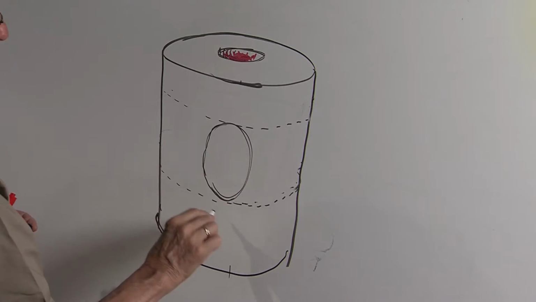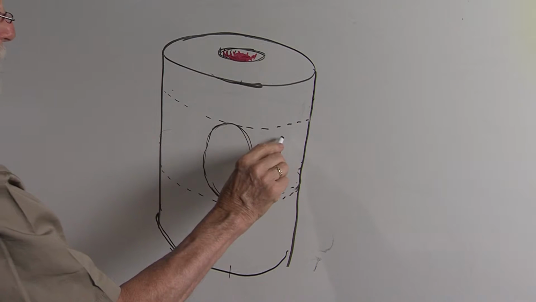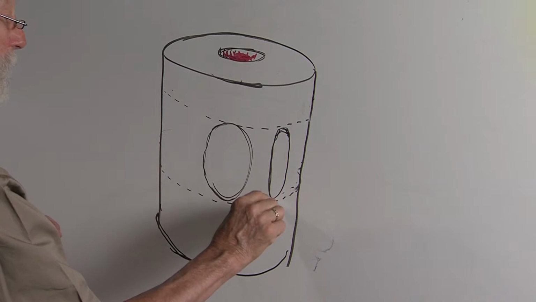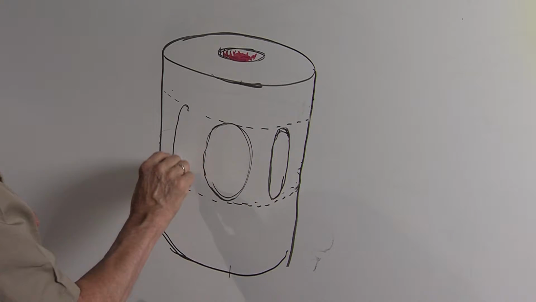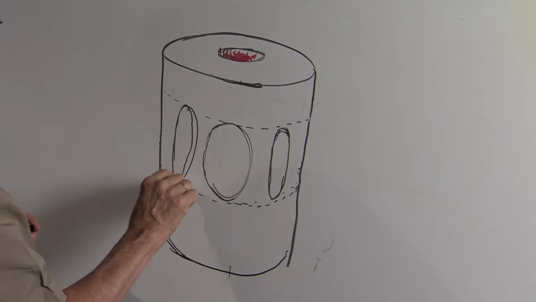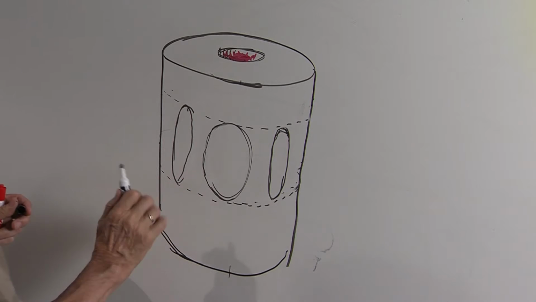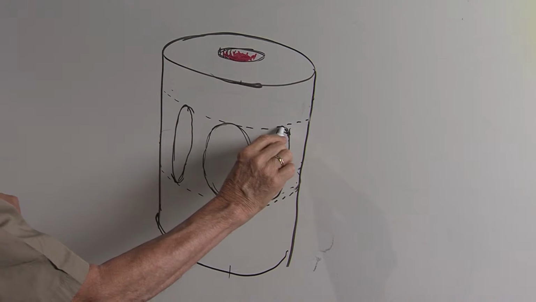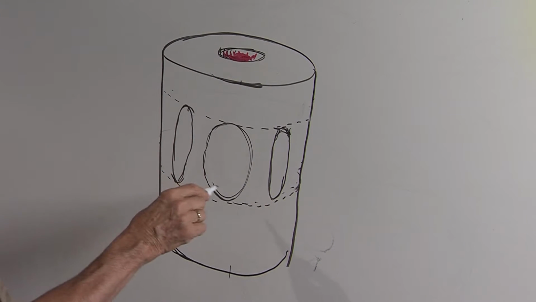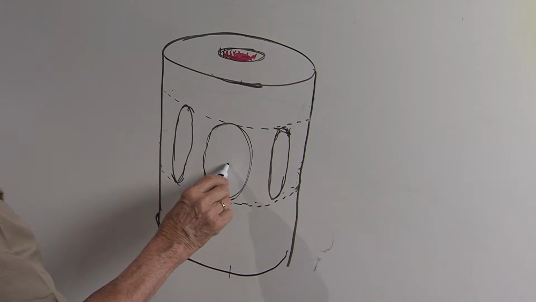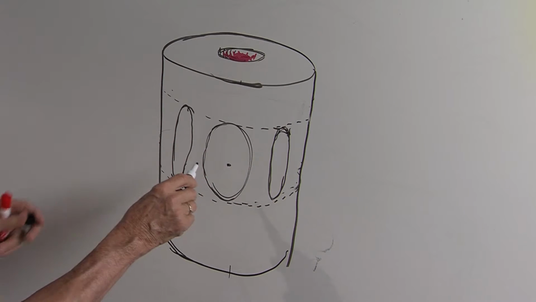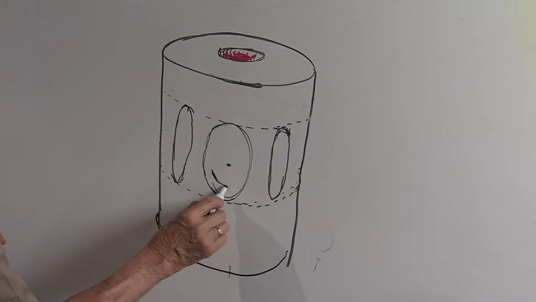A little bit rounder there. And as it goes around the edge, they become more like this, or they're not quite so round. Like so. And they have to fit on the top and the bottom. Okay, now you're looking the same way. Your point would be about there. There isn't really a line that projects back there, but that's just to help you know where you're located.